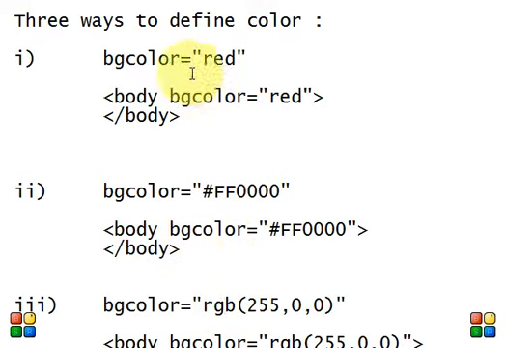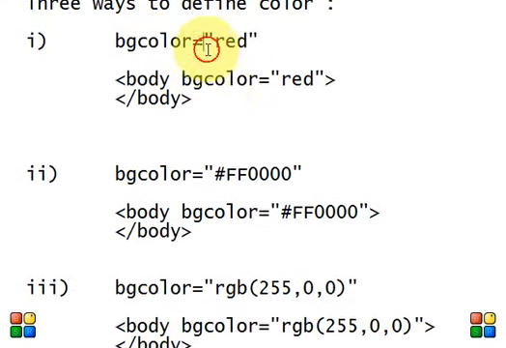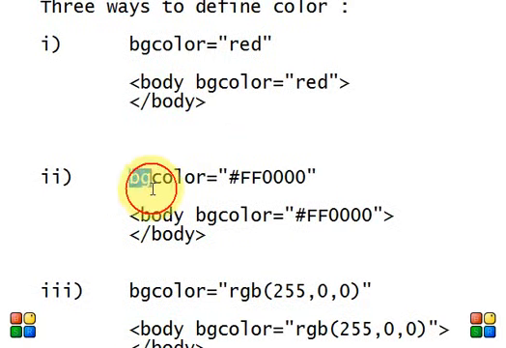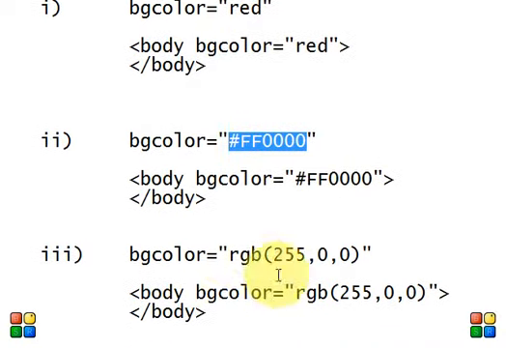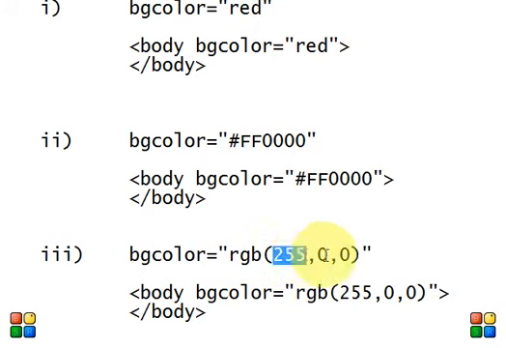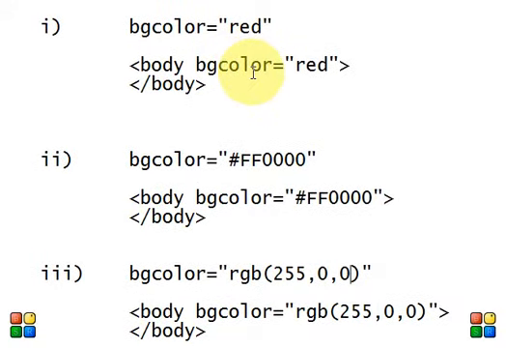The first is bgcolor equal to red. The second is bgcolor equal to, in quotation marks, the corresponding hexadecimal code, and the third is RGB, the values of the three colors. So there are three techniques to write the code for a background color.